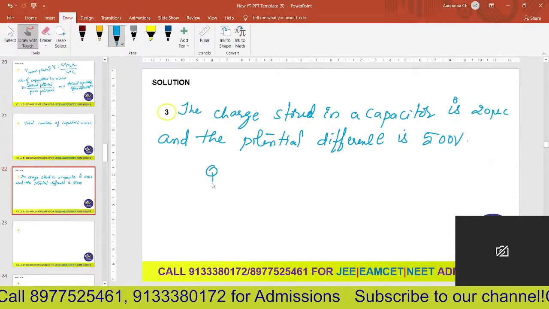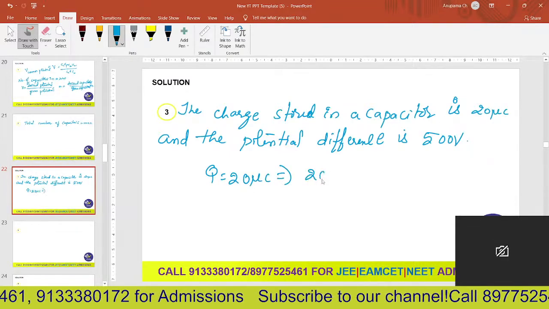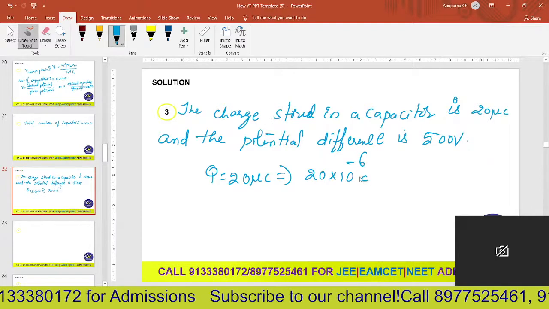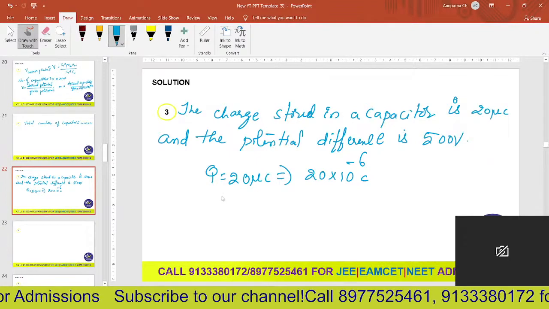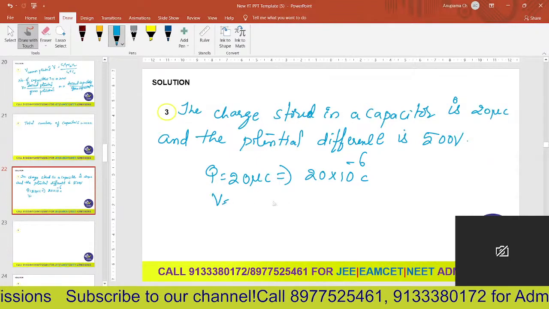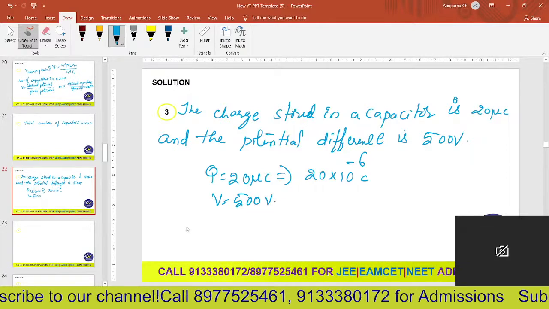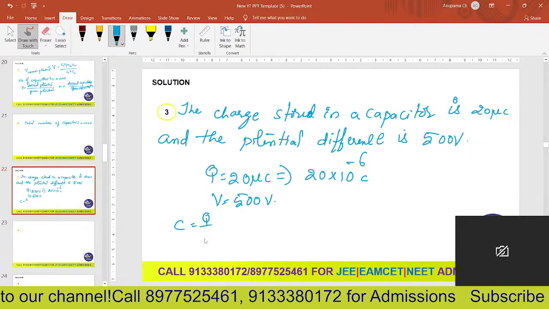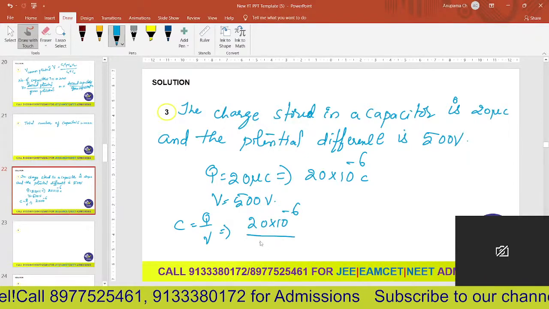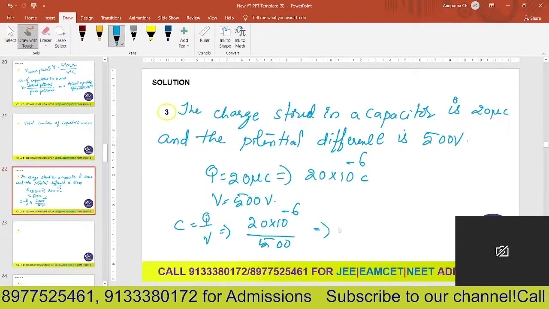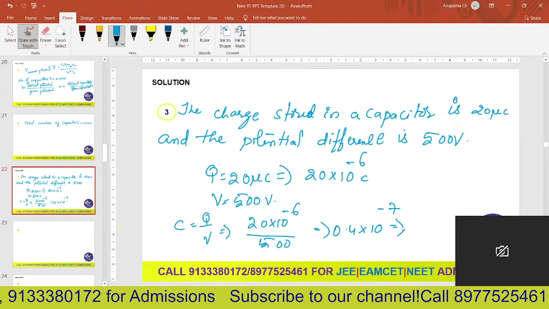So Q is equal to 20 microcoulombs, which can be written as 20 into 10 power minus 6 coulombs, and V is equal to 500 volts. So we get C is equal to Q by V, is equal to 20 into 10 power minus 6 by 500. That is 0.4 into 10 power minus 7. You can also write this as